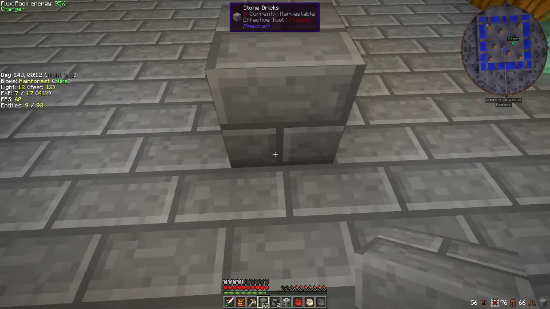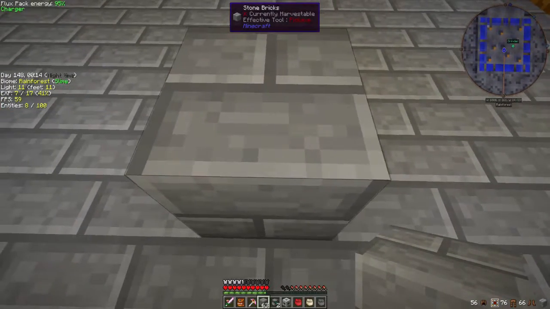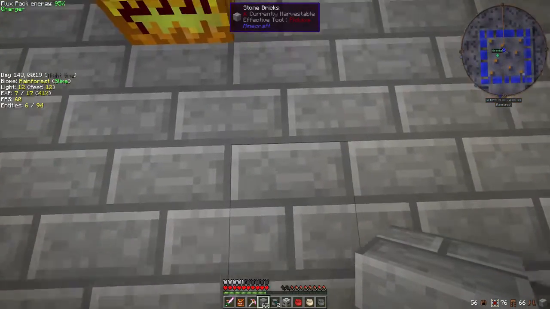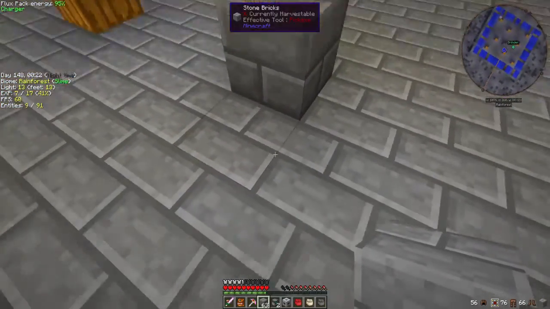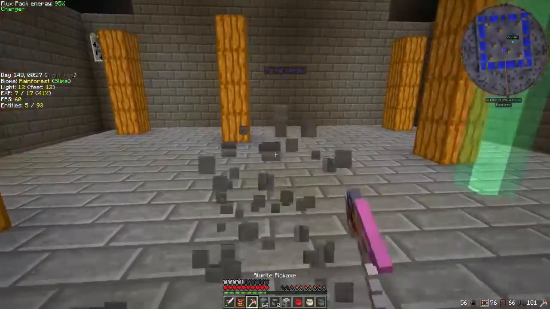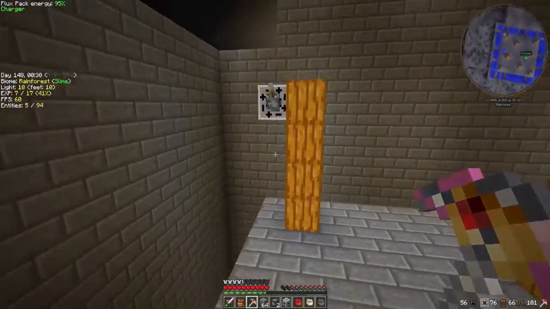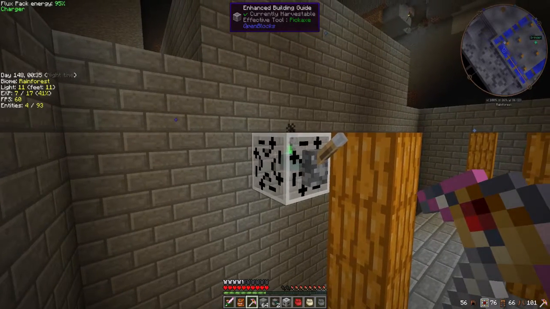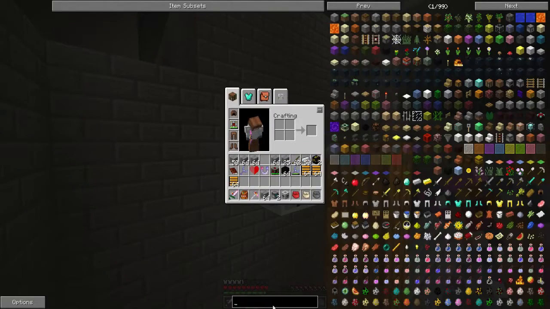There was a block here, the turtle would go forward 1, turn right, forward 1, try to place down, turn right, forward 1, and it just got confused, and then just made a weird staircase. An unusable staircase. But this is called the OpenBlocks Enhanced Building Guide. And actually, the building guide,